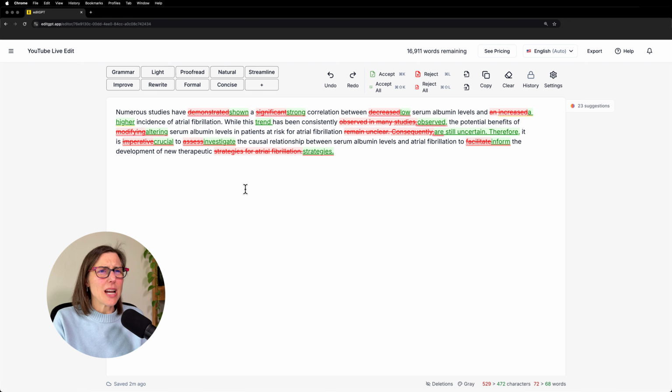Okay, so what else do we have later? It changed facilitate to inform the development. That's actually not a bad consideration as well. So that would be something. Inform. Support is a little bit stronger, I think. There's some oomph behind it, but you could consider which one you're more comfortable with. And then we have the change to strategies without saying strategies for what. So this could be a helpful tool to play around with.